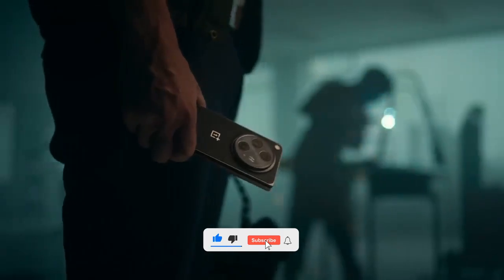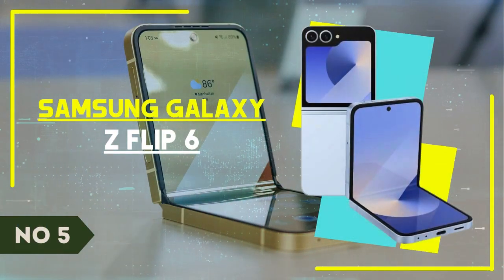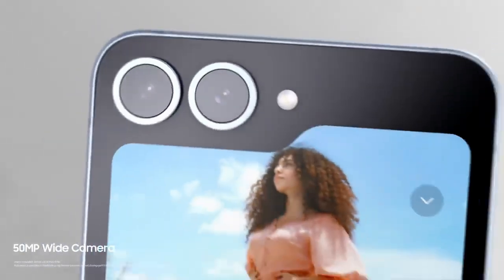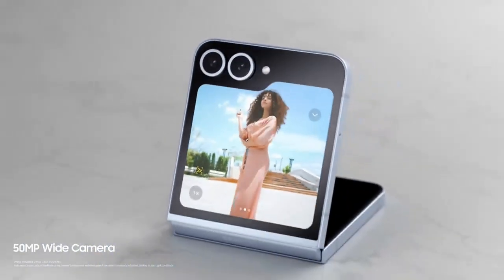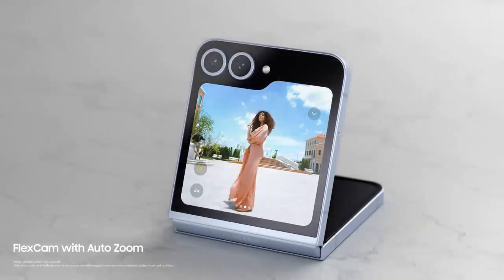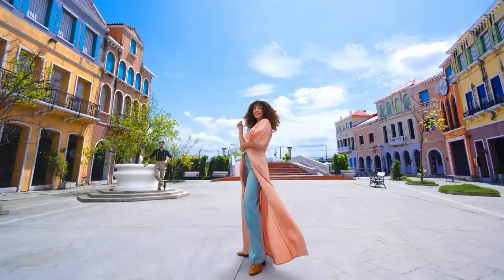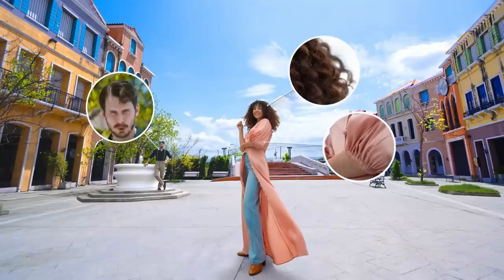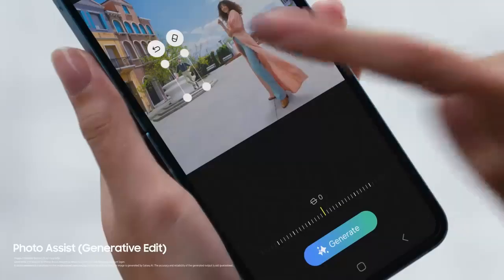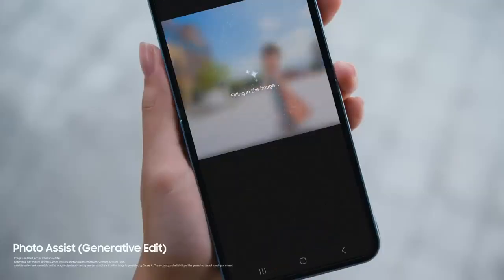for you. Number 5. Samsung Galaxy Z Flip 6. Samsung makes a second appearance in this guide, this time for the Galaxy Z Flip 6. There is a lot to love about this little device, firstly just the size of it. The Z Flip 6 looks like any other phone normally, but it folds horizontally across the middle, making it tiny when folded. That alone might make it a slam dunk for you, but there's a bit more to be excited